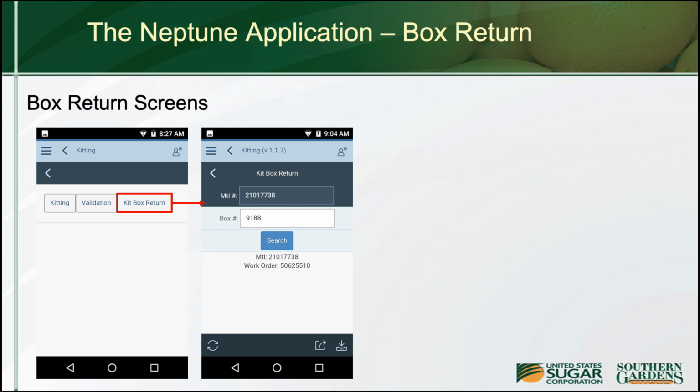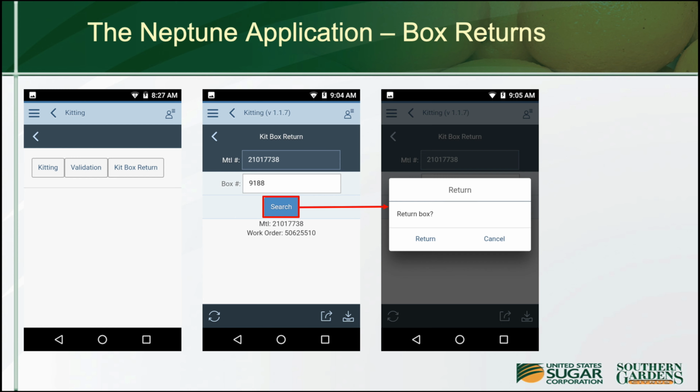As kit boxes were returned to the warehouse, the user would select the kit box return sub-process and scan the kit box material number and box number. The application would then do a search on SAP for a kit box material number and box number that matched with that work order. It would show up the work order. If the kit box was in good usable condition, the user would then allow that kit box to be returned. That kit box would be returned back into the inventory, and the charge for that kit box would be reimbursed